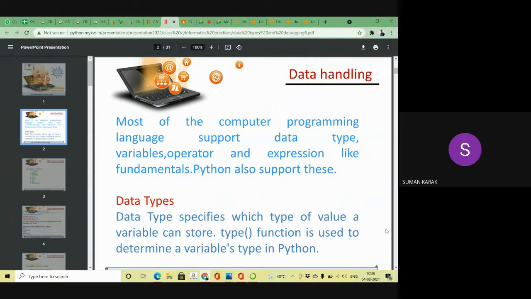What are the different types? Like string, number, boolean, list, tuple, set, dictionary. Also integer, string, boolean, float. This is the type of data we have to discuss in this chapter. Did you understand what I'm saying?